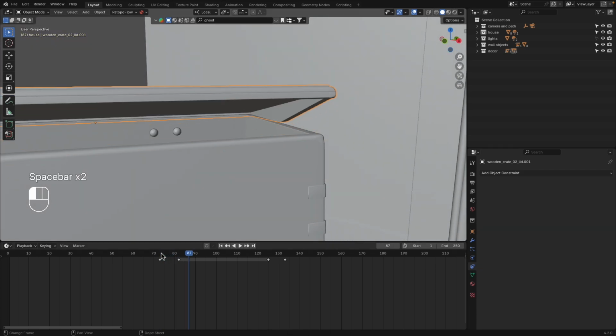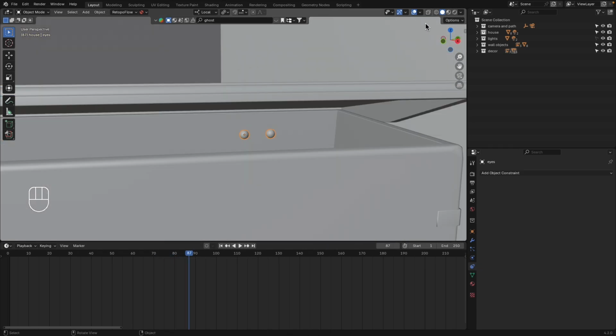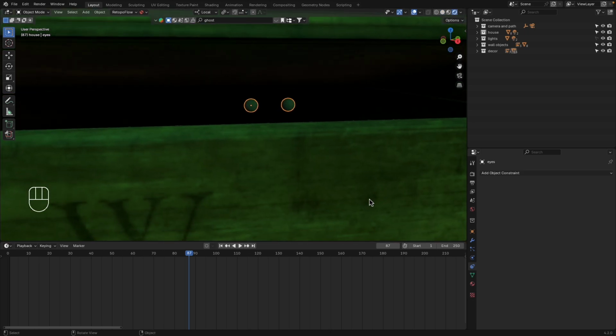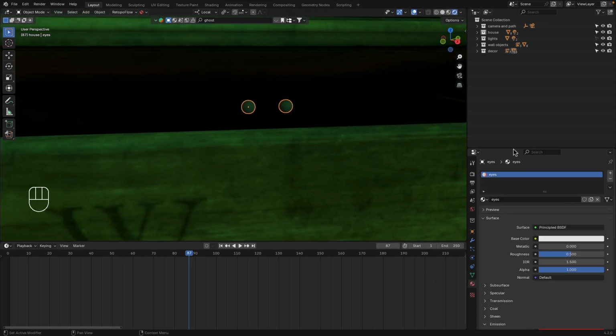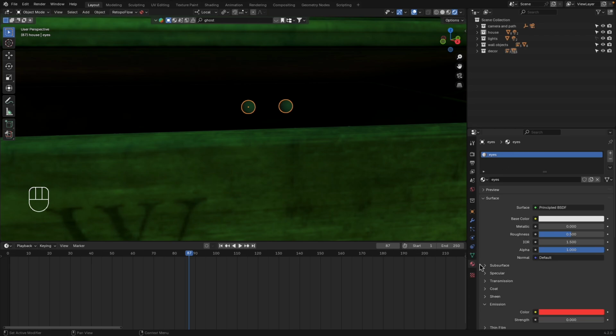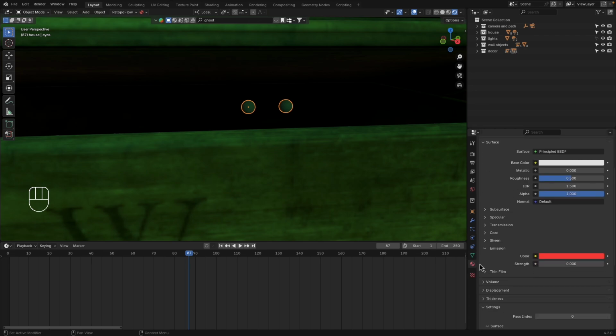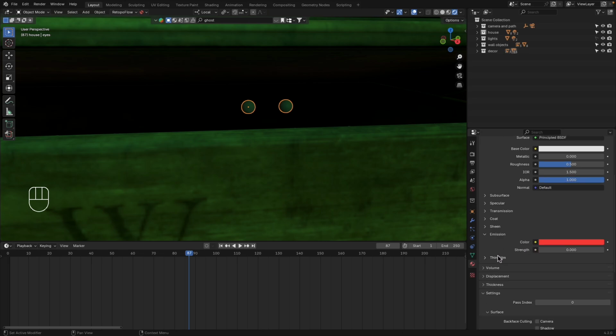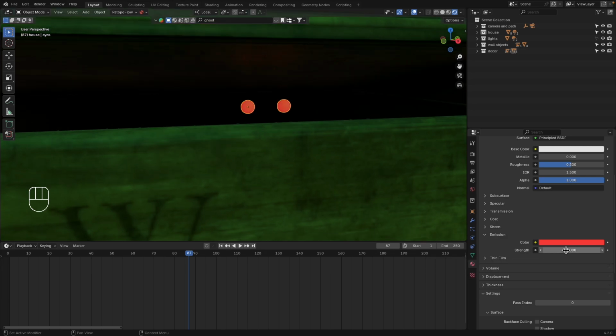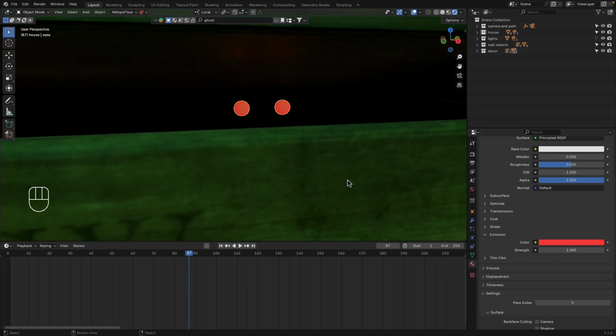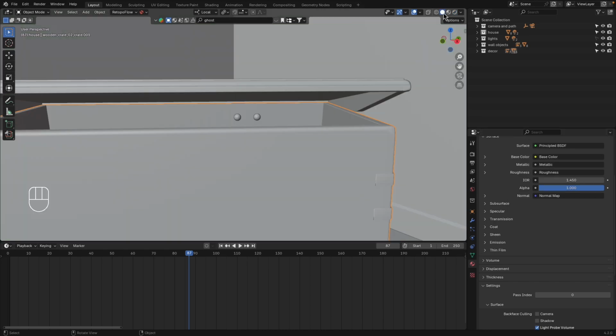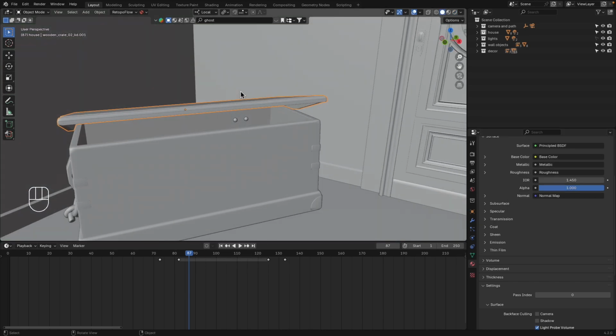Now to animate the eyes. You will need to switch to render or material preview mode for this. And we're going to be animating some properties in the material settings. So go to the material, and you'll see I put in a color for the emission. I put a bright red color, and we're basically going to switch between 0 and 1, and it's going to look like it's blinking. Make sure you're within the window of time here where it's opening and closing, and if it helps,